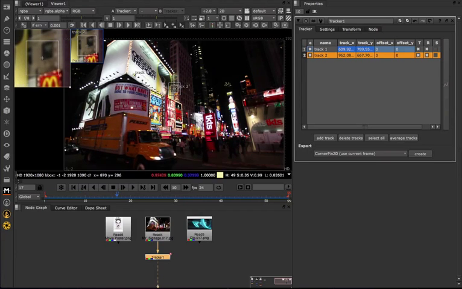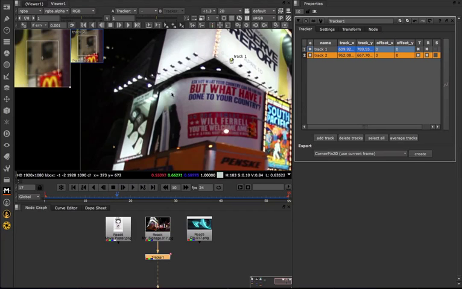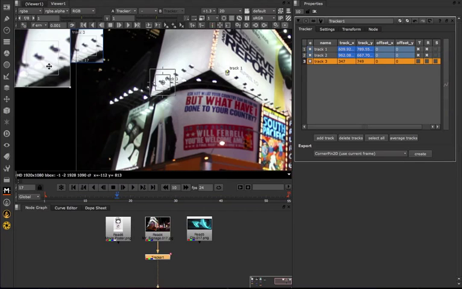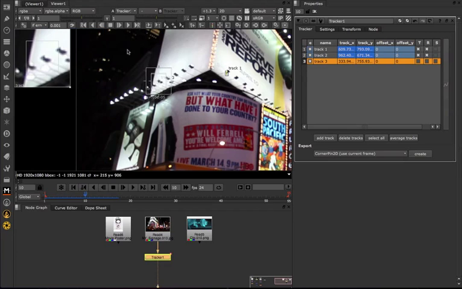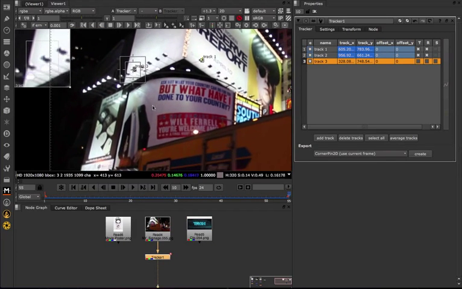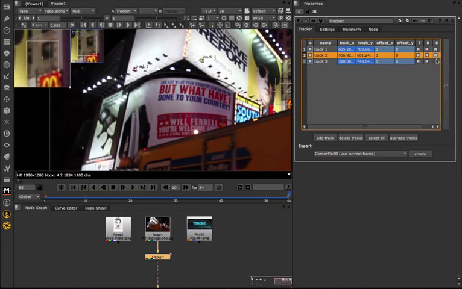So let's go ahead and find another point and track that. Alright, I'm just going to grab one of these guys over here, holding down my keys, selecting this point, and let's track it. Okay, track it backwards, track it forwards, and we have that. So now let's check on our translate and rotate for that, and our scale as well